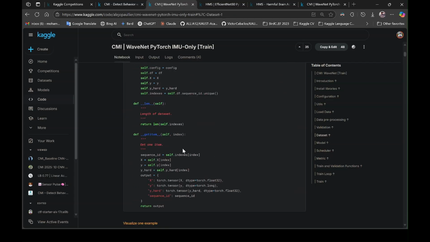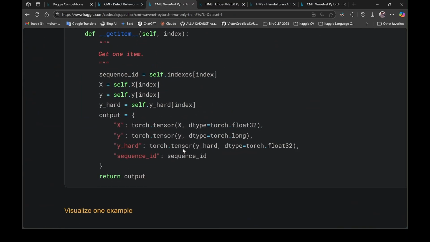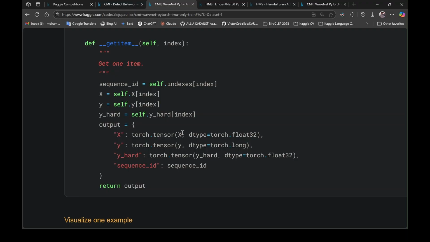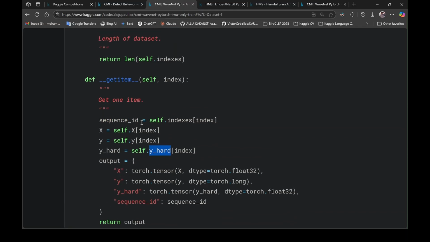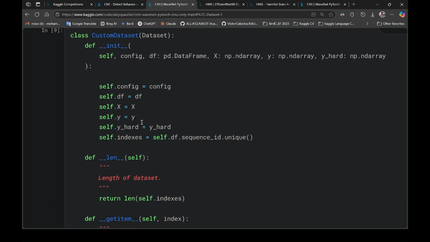Okay, this is the custom data. I just want to go here. And it's very simple. It just has some indices in it. We are dealing with sequences, something called X, and something called Y hard. What is this? Let's go to the init. Okay, he defines indices or indexes as